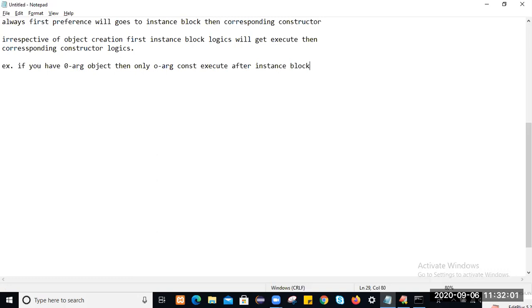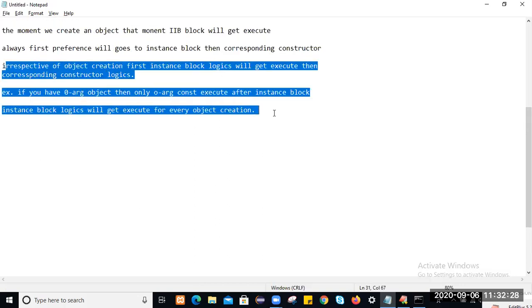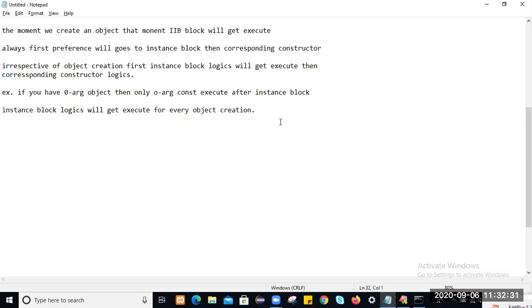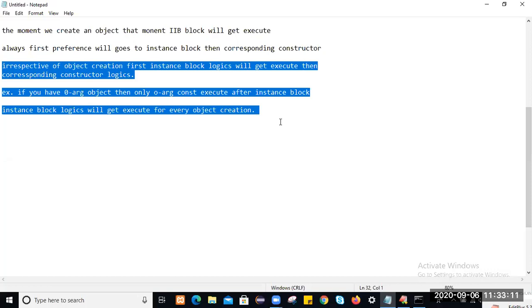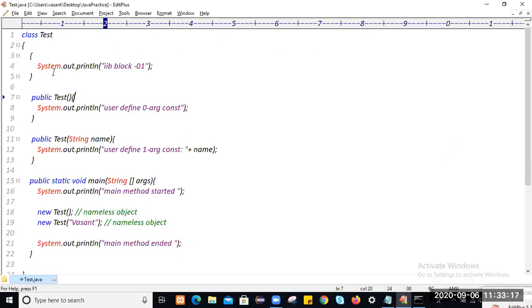But the instance block logic will get executed for every object creation. Done with these two points. Let's go on to an example. Write this application.